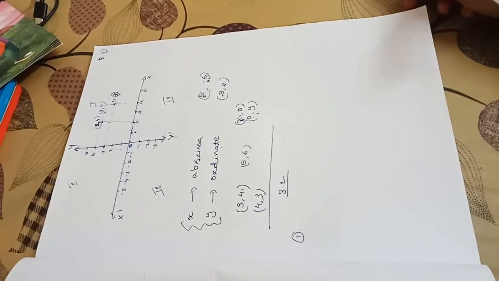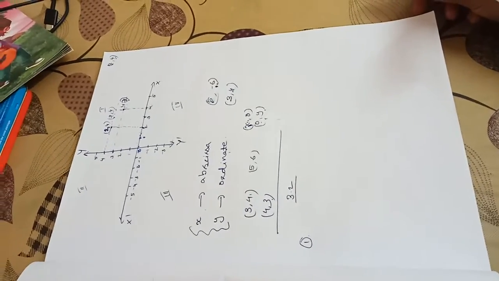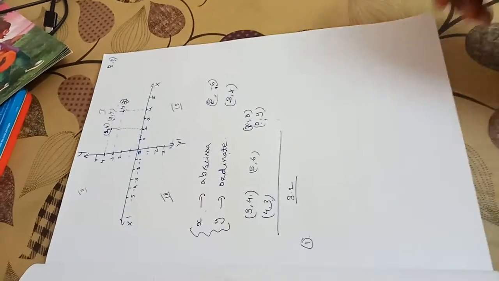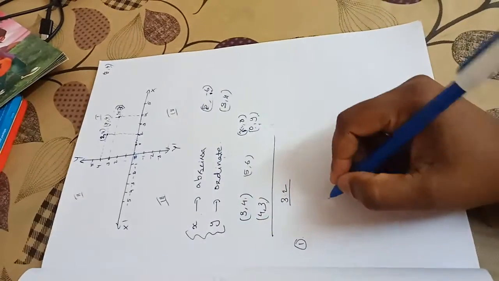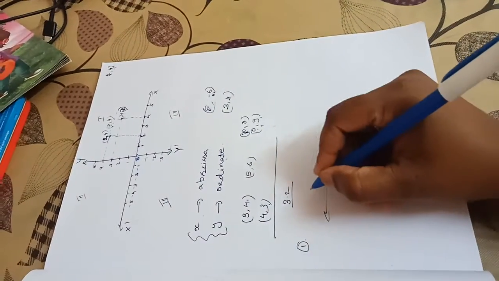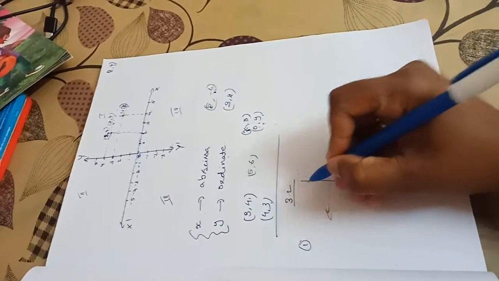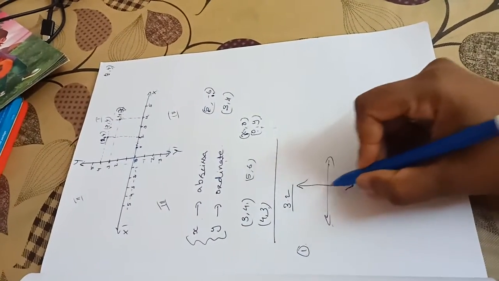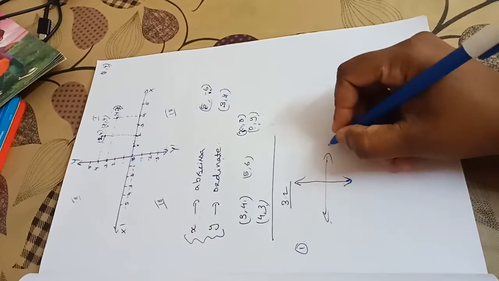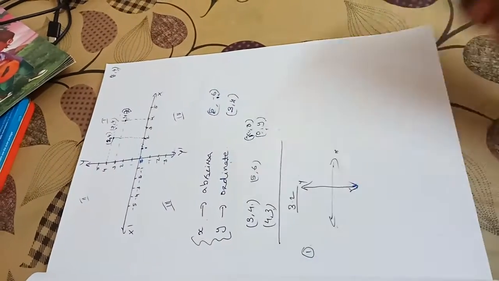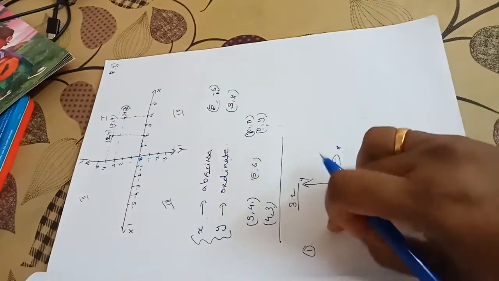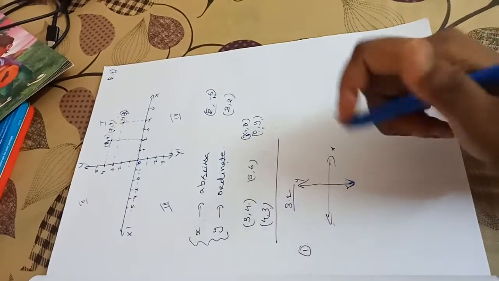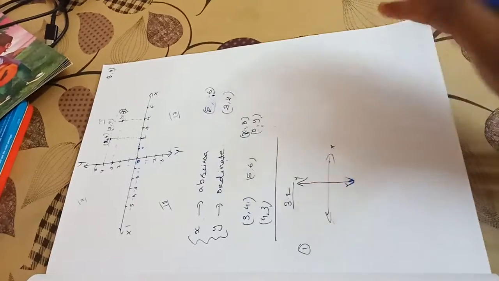First question. What is the name of horizontal and vertical lines drawn to determine position of any point in Cartesian plane? So this is a Cartesian plane. We can draw two lines. This is horizontal and this is vertical. You have to write the name of this horizontal line and vertical line. What is the horizontal line? This is x-axis. This is y-axis. So the answers are horizontal line is x-axis and vertical line is y-axis. So answer is x-axis and y-axis.